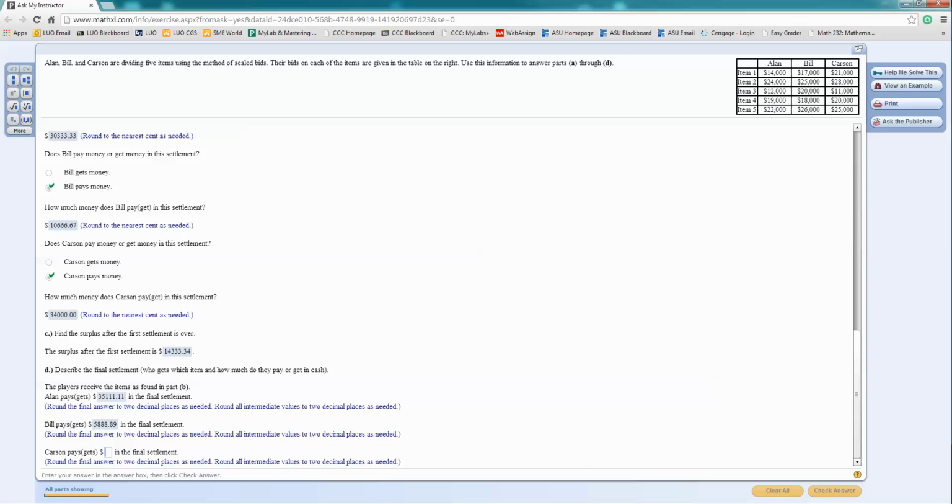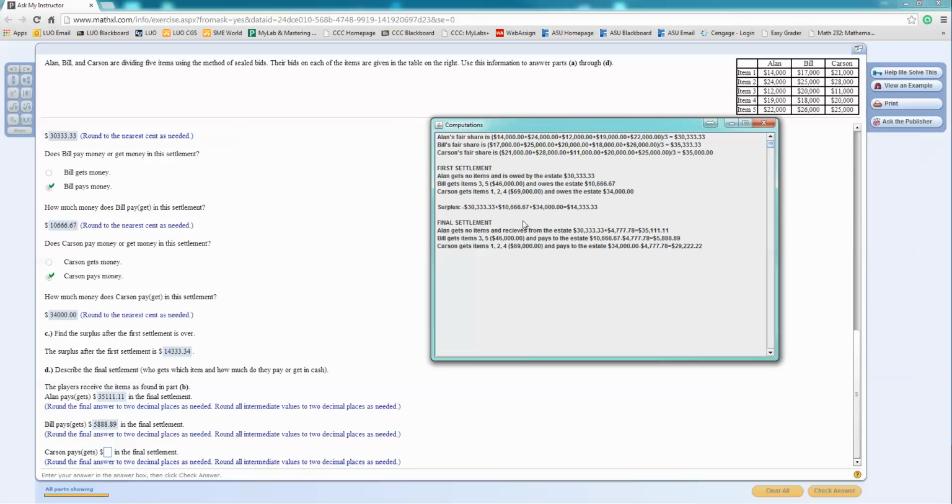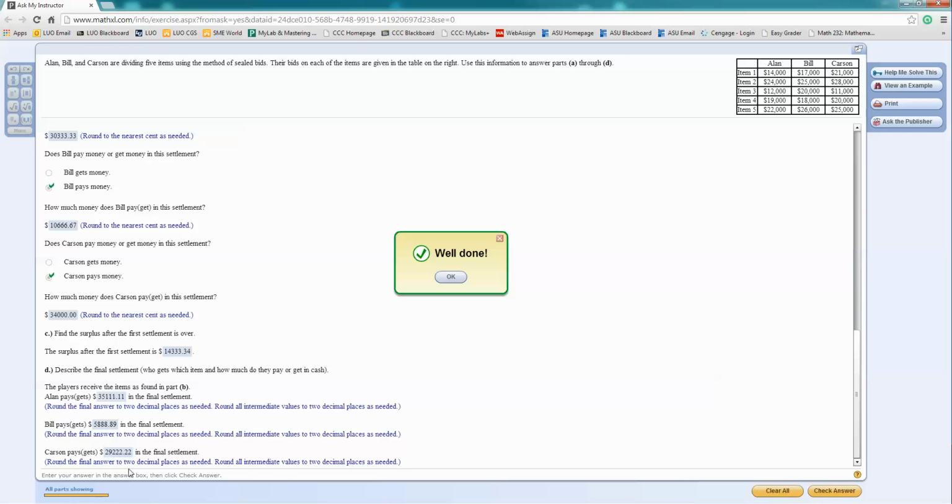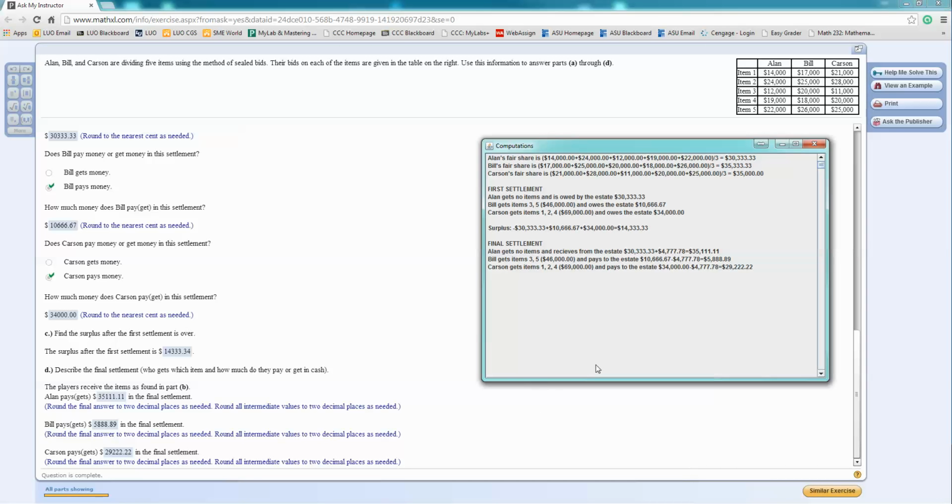And now we simply need to add in the last value for Carson, and in this case it's going to be $29,222.22. You'll see we enter that in, and now we have finished. So once we've done all the calculations, we've double checked our numbers just to make sure everything's correct, we've entered them in, and we can move on to the next